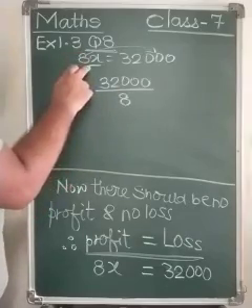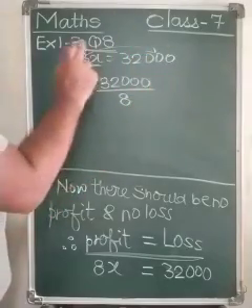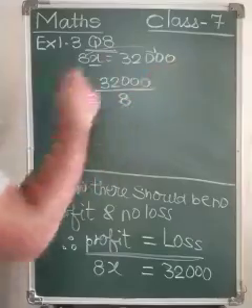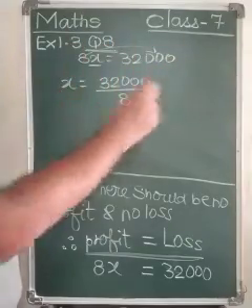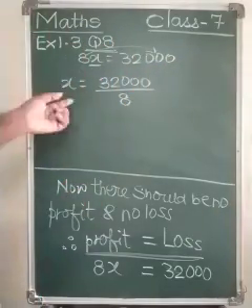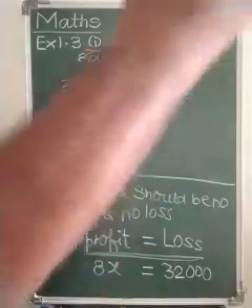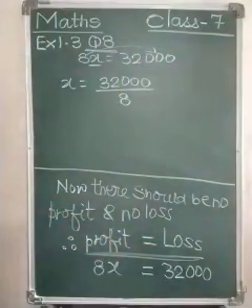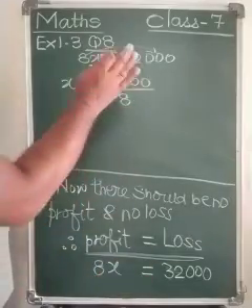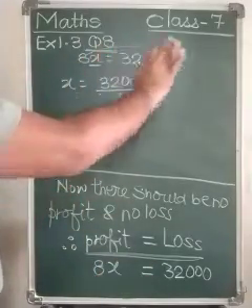If it is addition here, it will become subtraction. If subtraction is there, it will become addition. If division is there, it will become multiplication. All these things would be clear in your simple equation chapter, that is the 4th chapter, and how to solve the equations you are going to learn in further chapters. For the time being, this is how you are going to solve this.